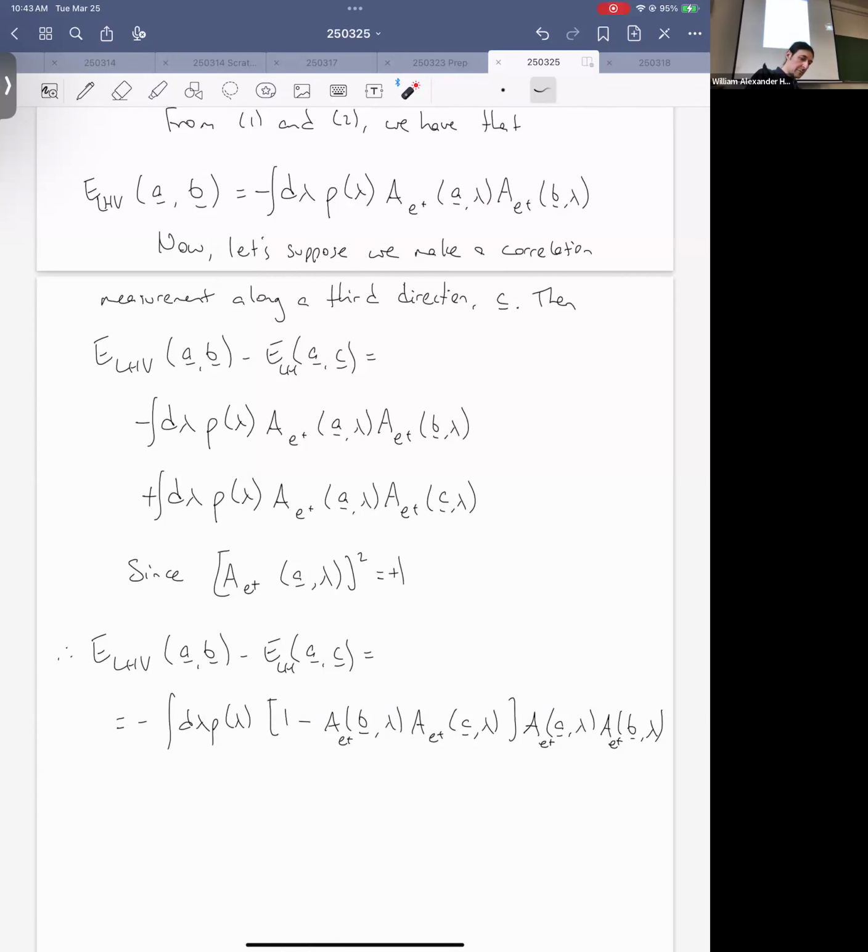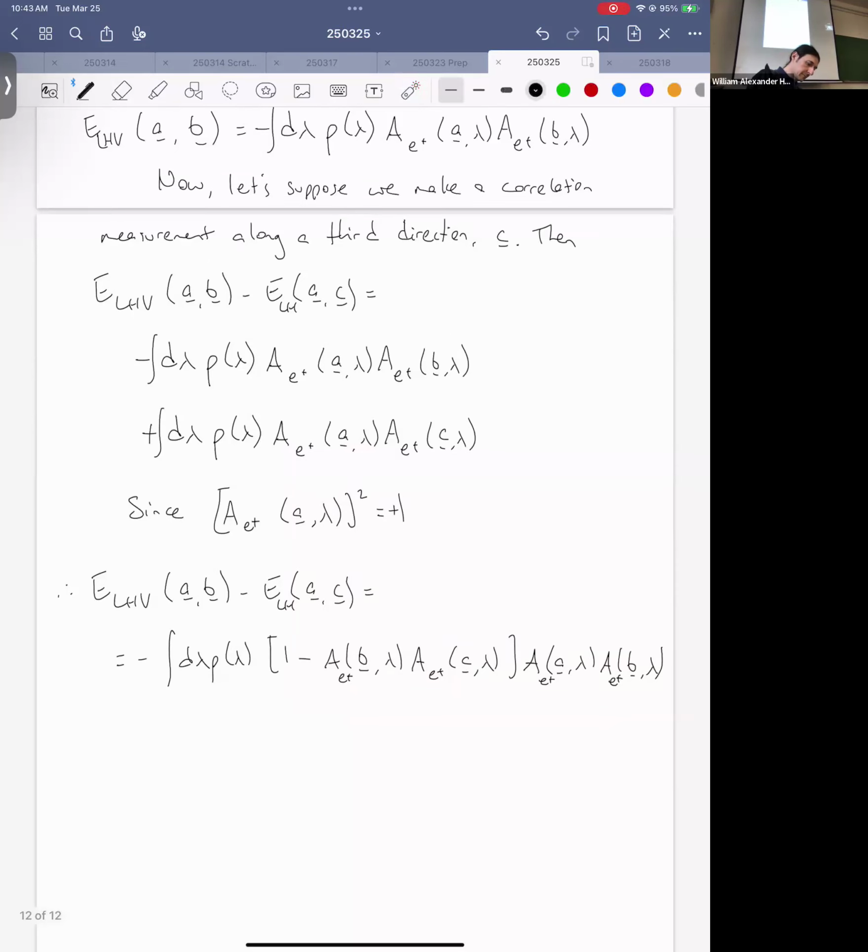I'm going to double check that everybody's okay with the relations here on the right-hand side. I've got the a vector, b vector, a vector, b vector, and then the a vector, c vector. If I multiply this through, I've got a b becomes 1, then I have a vector, c vector, so I get the same thing. We're okay? Great.